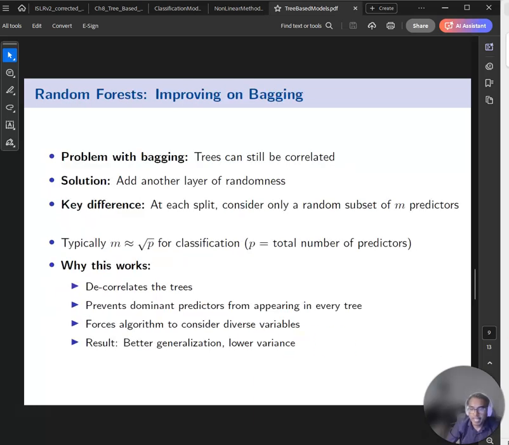Now, while bagging gives us some nice improvements over single decision trees, we can actually do even better. The problem with bagging is that trees can still be correlated with each other, because at each split, every tree considers all the available predictors. And this is where random forest comes in. They add another layer of randomness into the process. The key difference is that